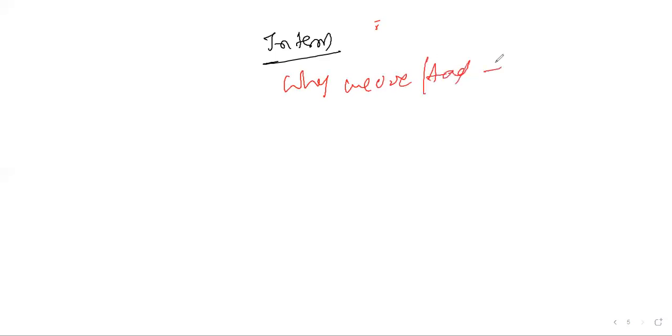Why do we write plus c in the answer? It's a rule, sir. Yes, I will tell you. Integration, why do we use plus c, or why do we add plus c to the answer? Why should we add it? What is the rule? Actually, in college, the faculty will say that this is the rule to add plus c after getting the answer. Simple. Actually there is a specific reason for it.